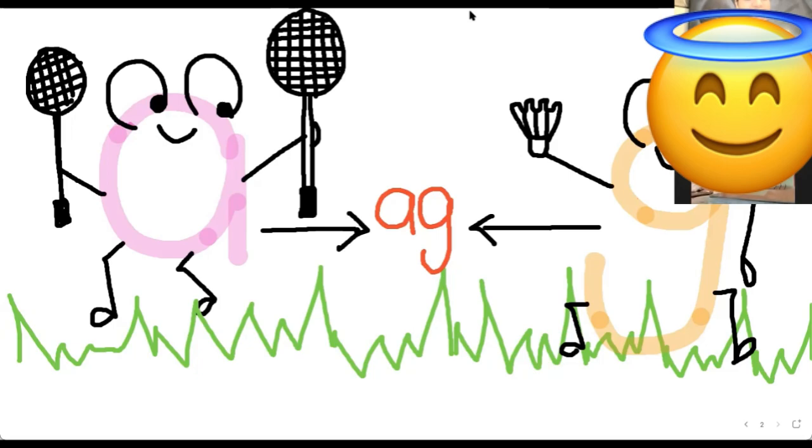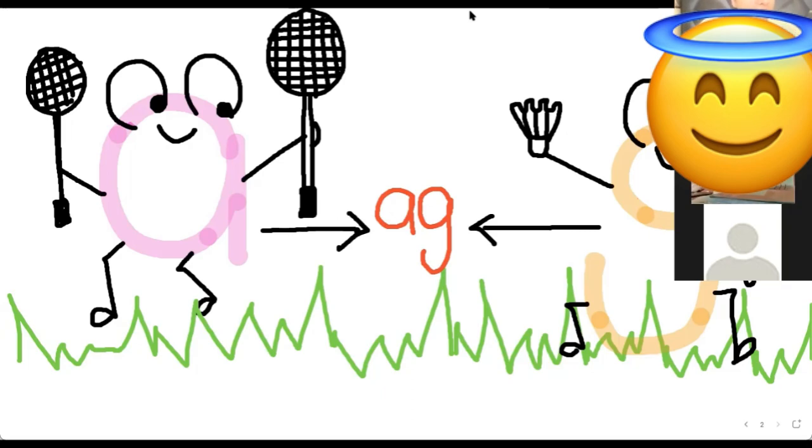Now they're friends forever and their sounds are also friends forever. So whenever A and G are together, what do we say? We say ag. And when another consonant comes and stands in front of ag, then what do we get? We get a 3-letter word. We get different words. So we are going to do a story where we are going to see ag words. All right.